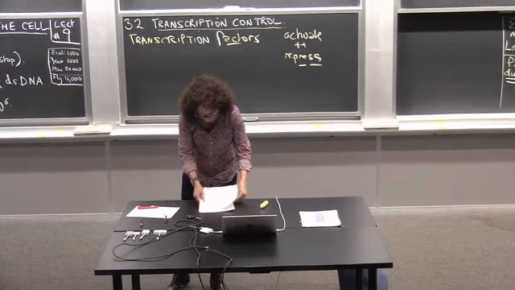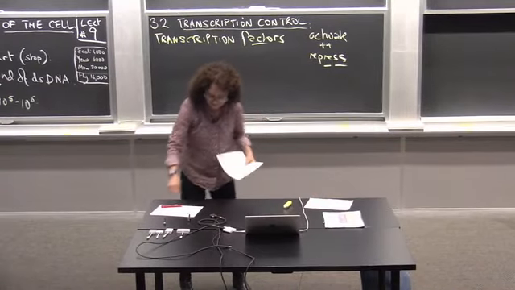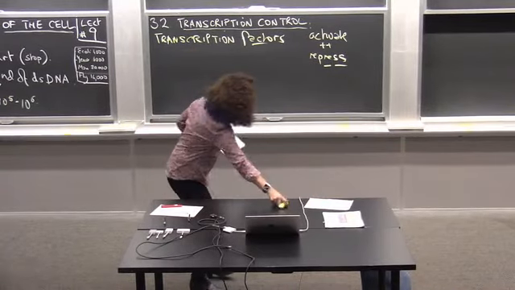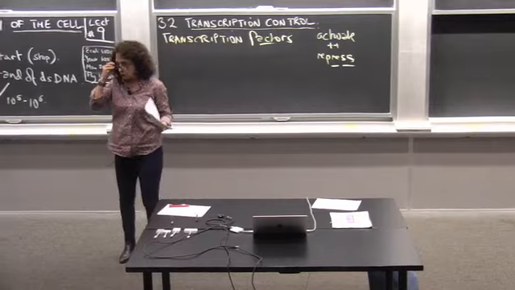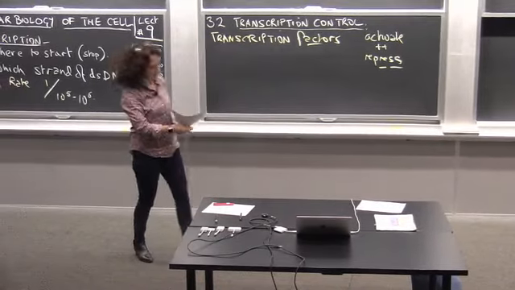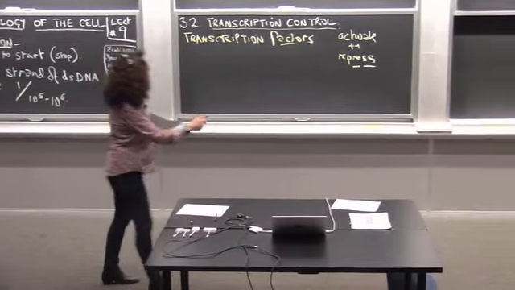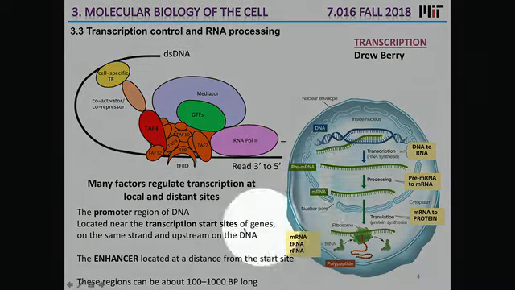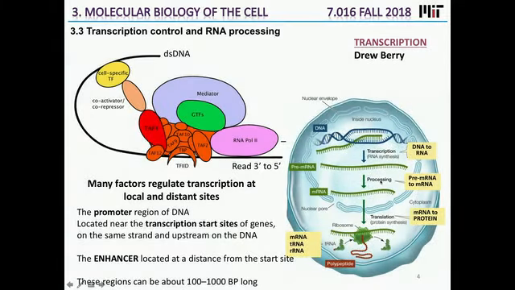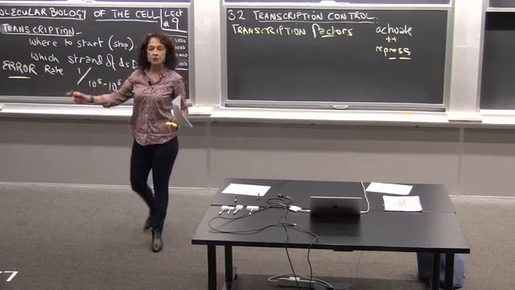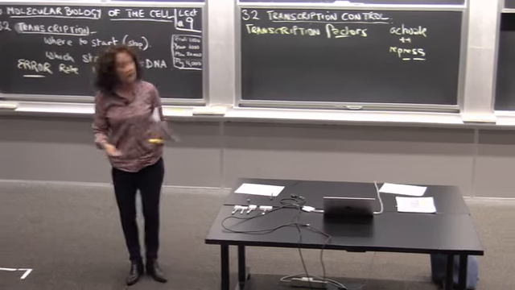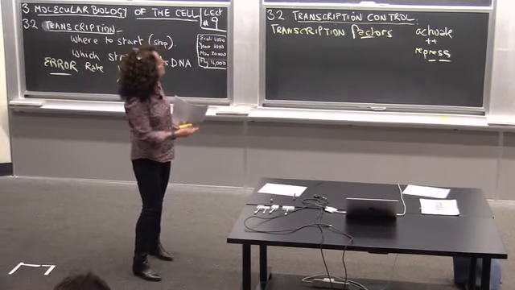All right, so what I want to talk about are the key things that regulate transcription and the key things that we do to the messenger that's been made. What you're seeing here on this slide is just where we are in the process. We've seen replication. We're now at the transcription step. But there are many steps to go in eukaryotes before that transcript can leave the nucleus, all right? And I want you to remember